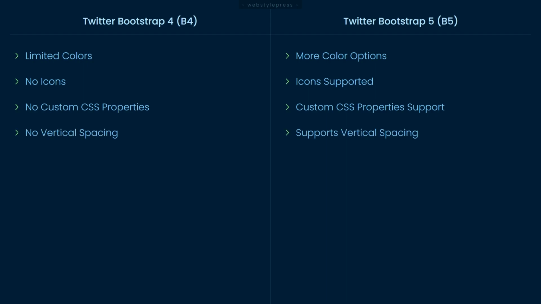Bootstrap 4 has no vertical spacing classes. Bootstrap 5 has additional classes for vertical spacing. In Bootstrap 4, we have margin and padding utilities, but in Bootstrap 5, other utility API is also added. Bootstrap 5 is flexible and you can create your own classes and your own styles while designing projects using utility API. Also, you can create your own custom utilities.